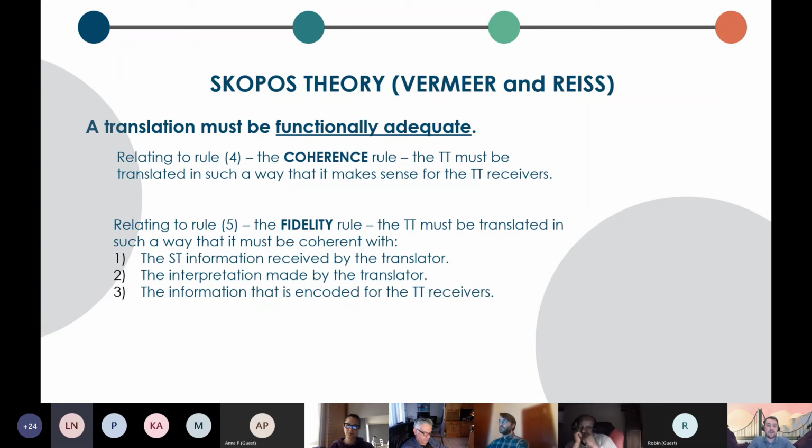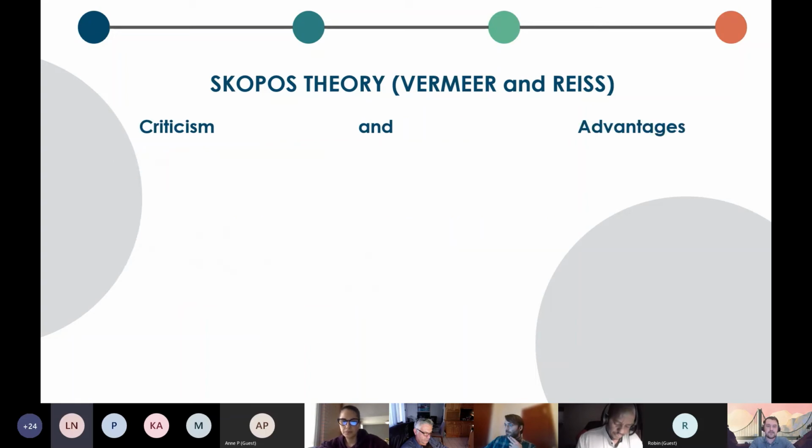Relating to Rule 5, it's called the fidelity rule. So the target text must be translated in a way that the source text information the translator receives, then interprets what the source text message is, and then re-encodes it for the target text receivers. And that kind of goes back to the deverbalization that we were talking about before. There are a few criticisms of this theory. So, for example,